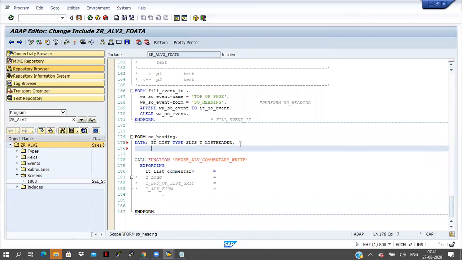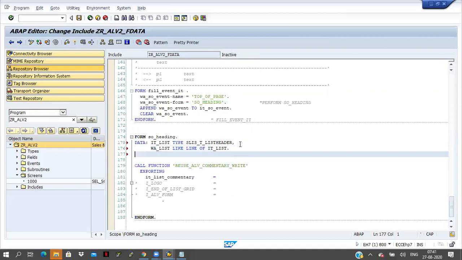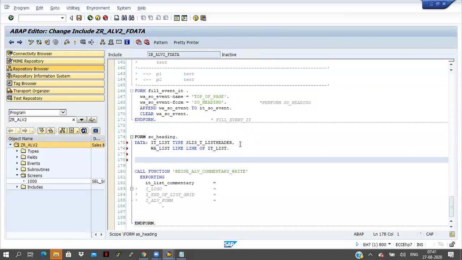Work area list like line of IT_list. I am declaring one internal table name and one work area name here. Now I have to fill this internal table. How can we fill? First of all, we have to fill the work area. Work area list hyphen. But in this work area, what fields are available? Three fields will be there: info, key, and type. But I am using only two fields here.